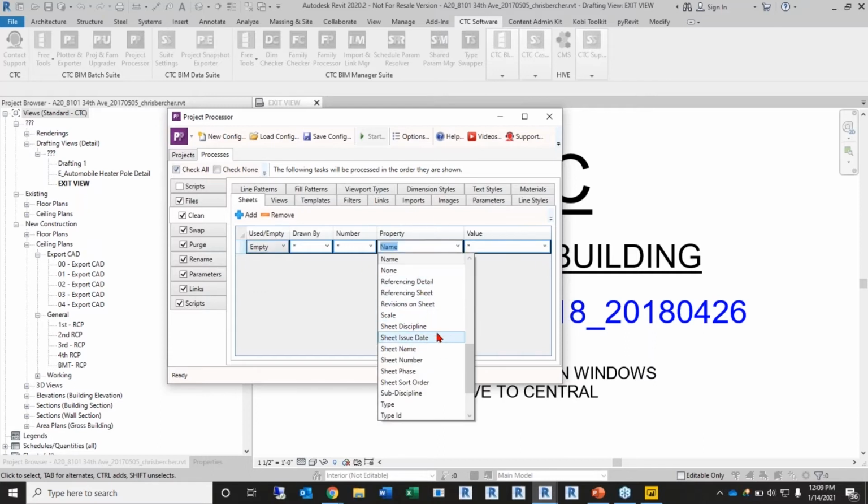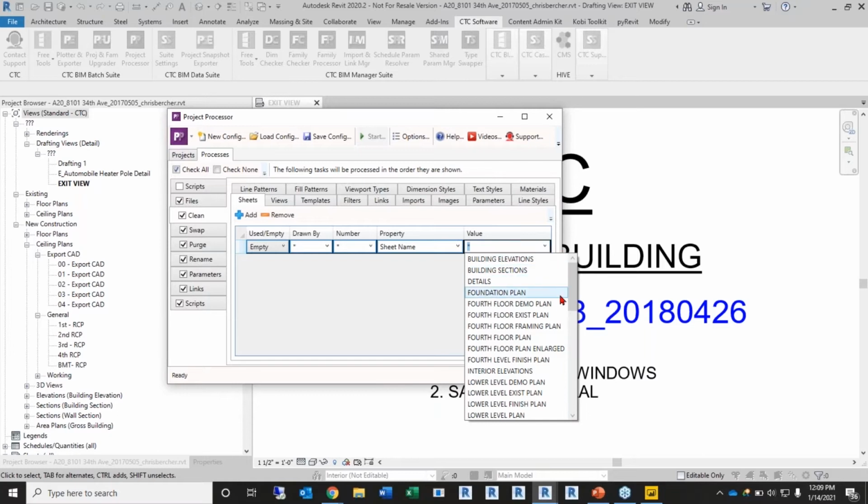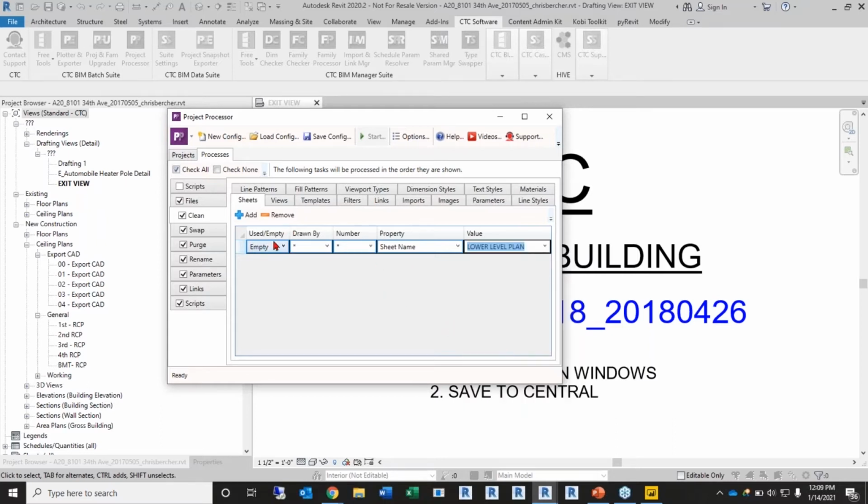Let's just do this. I'm going to grab a specific sheet that is the lower level plan, and I'm just going to set it to all. Okay,